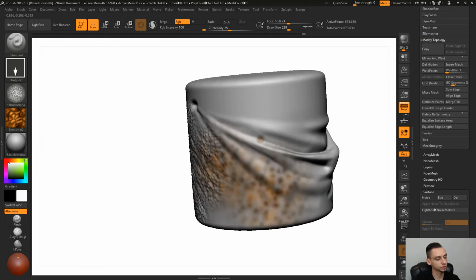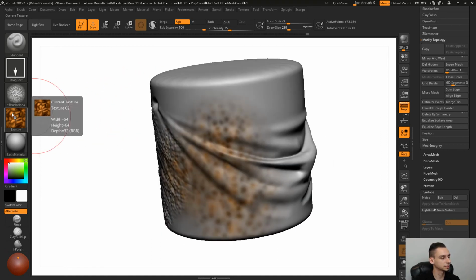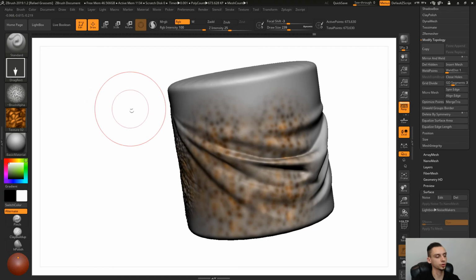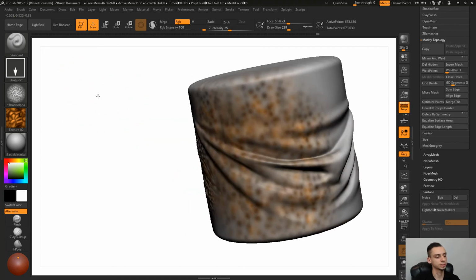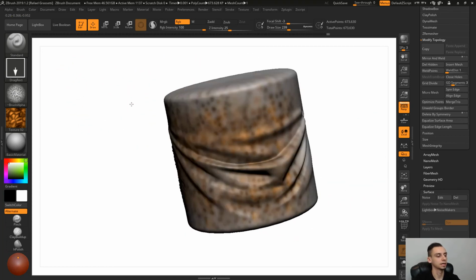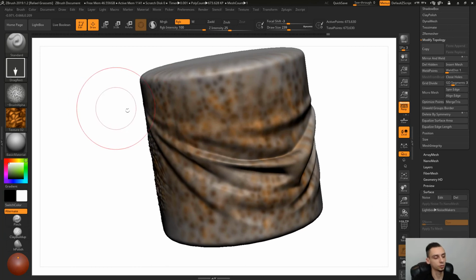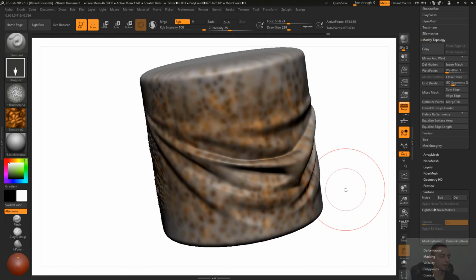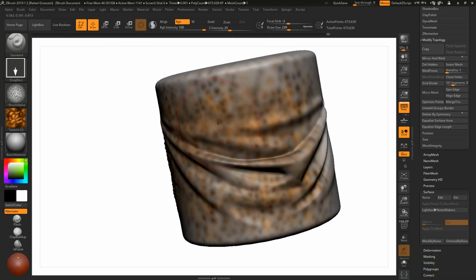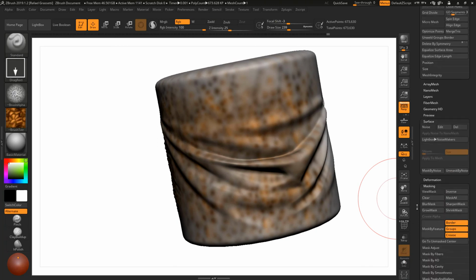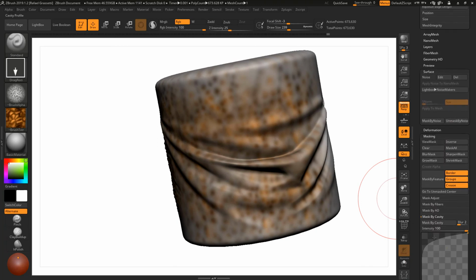This also works. It's a mix of this texture with this alpha, and I'm just throwing that in there. This also creates a nice, interesting effect. Mix of that with masking. So once you have your mesh with details like this one, you could then start playing with masks